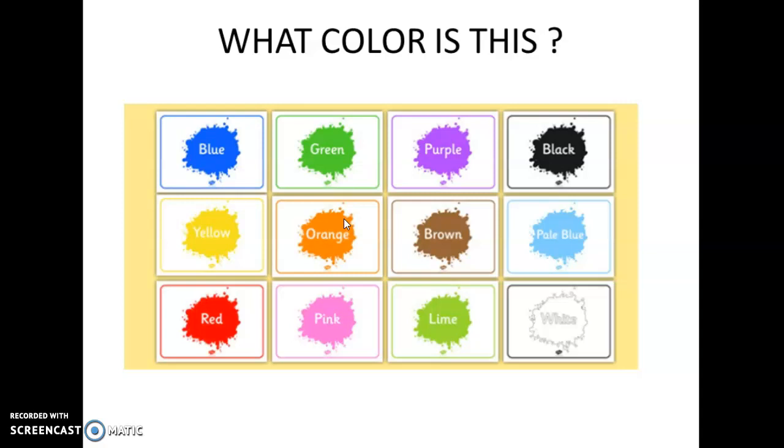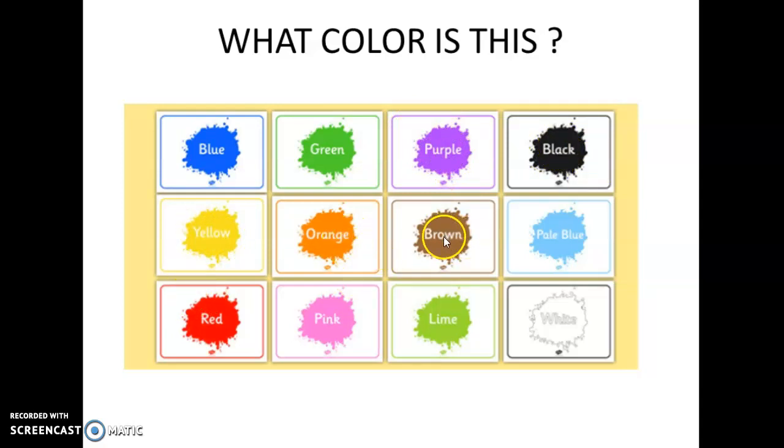¿Ya? También es importante reconocer que para describir a alguna persona cómo está vestida, es importante reconocer los colores. It's very important to recognize the colors, ¿ya? Así que vamos a reconocer. What color is this? What color is this? Blue. What color is this? Green. Then you have here purple, black,